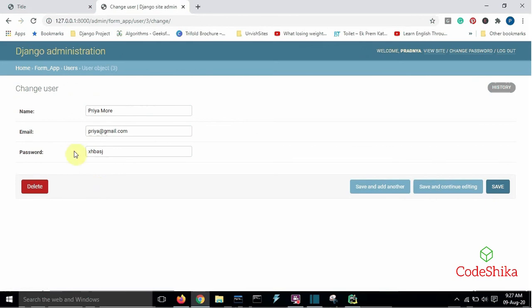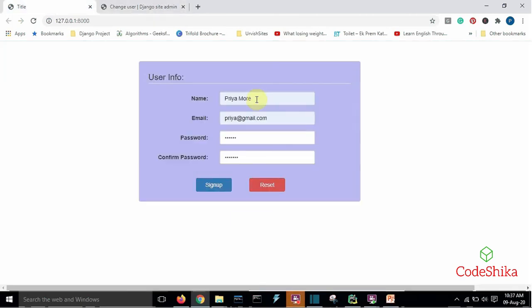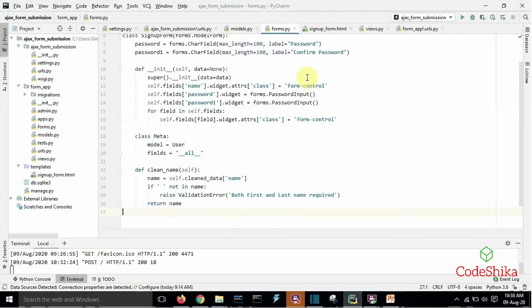I saved the password as the inputted characters, but it is not a good way. We did it for learning purposes only. Here, when I pass only the first name, the form will give an error that both first name and last name are required, because I have added this name validation logic to check both.